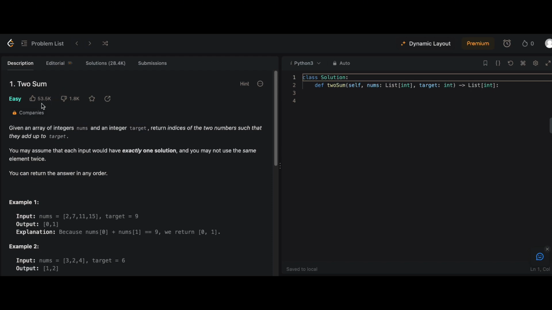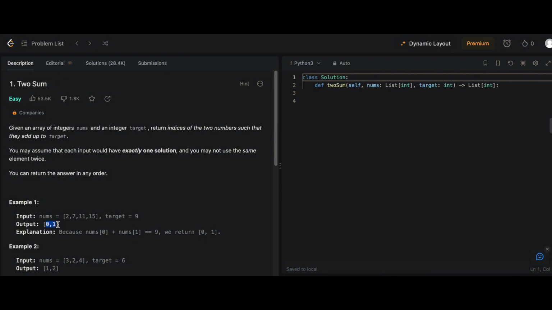Hello everyone. Today we are going to talk about a problem from Leetcode called two-sum. Here, if we focus on the question, it is given a list of numbers and a target. We have to focus on the target value, and from the list we have to find which two numbers' summation is equal to the target value, and in the output we have to return the indexes of those